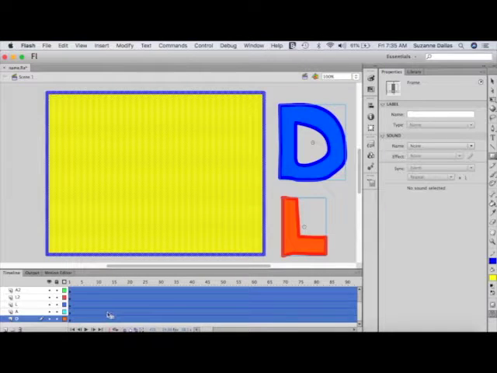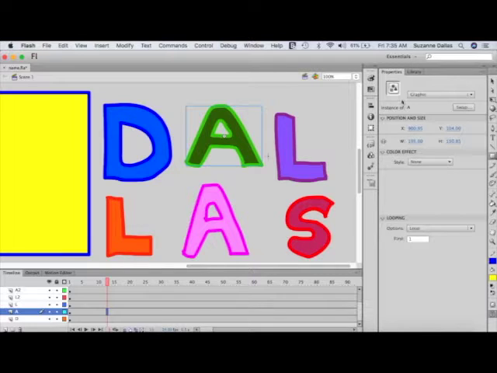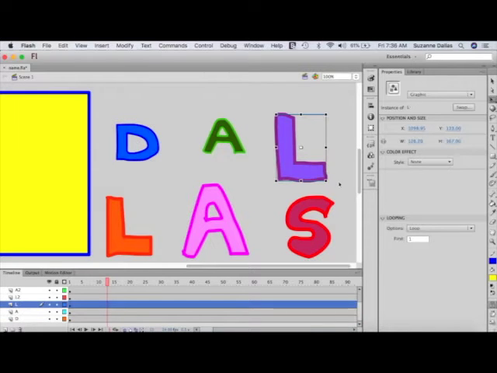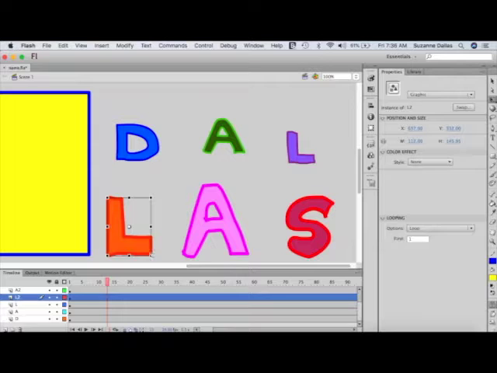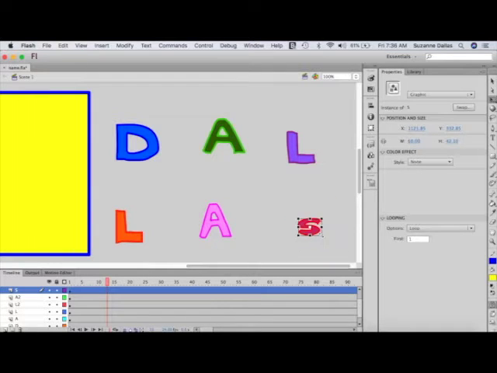and then just scroll back to the beginning. Now all of my letters are just too large to fit on my screen, so I'm going to use the free transform tool. Okay, that's that third one down on each one of these, just to size them smaller. Okay, so now starting at the beginning,